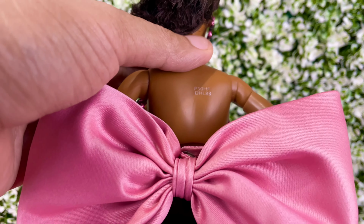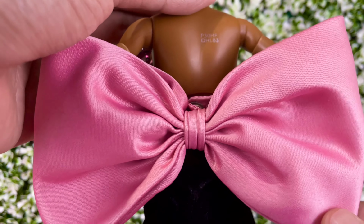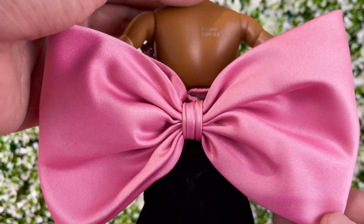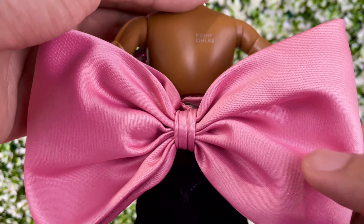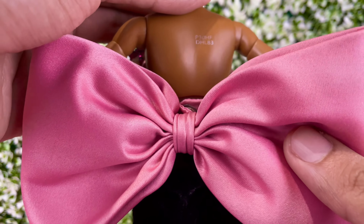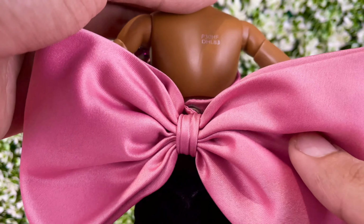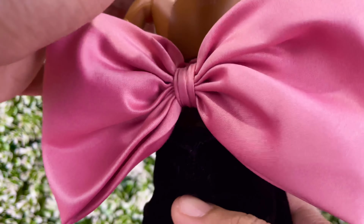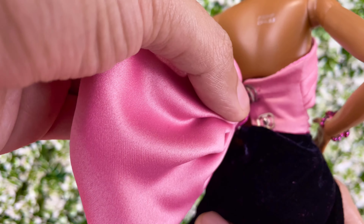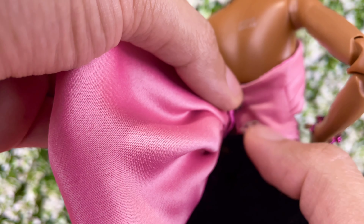And here is a look at the back of the dress. My gosh, I really do love this bow. So beautiful, honestly. And as you can see here, the closures at the back are snap closures, particularly metal snaps. However, I can only close the very first snap here. I'm not able to close the lower one, and that's because